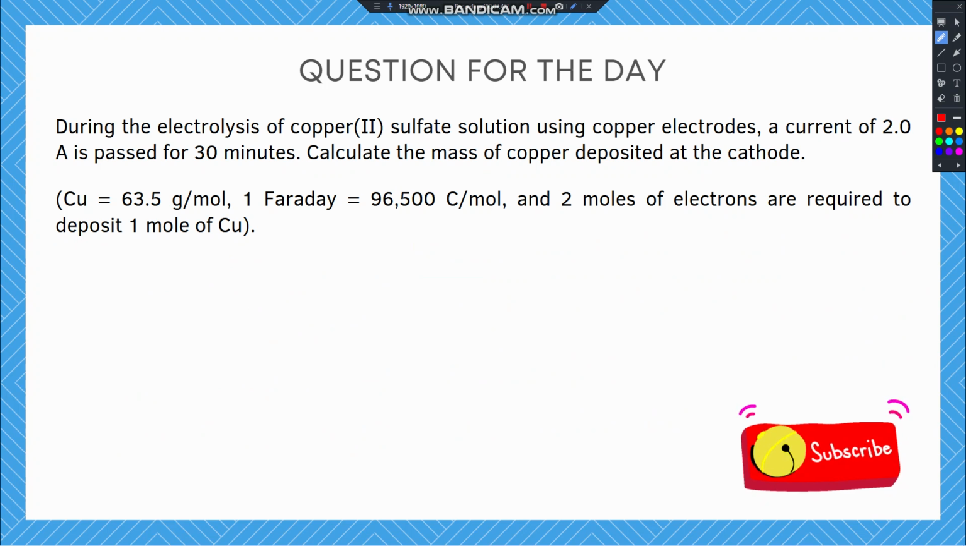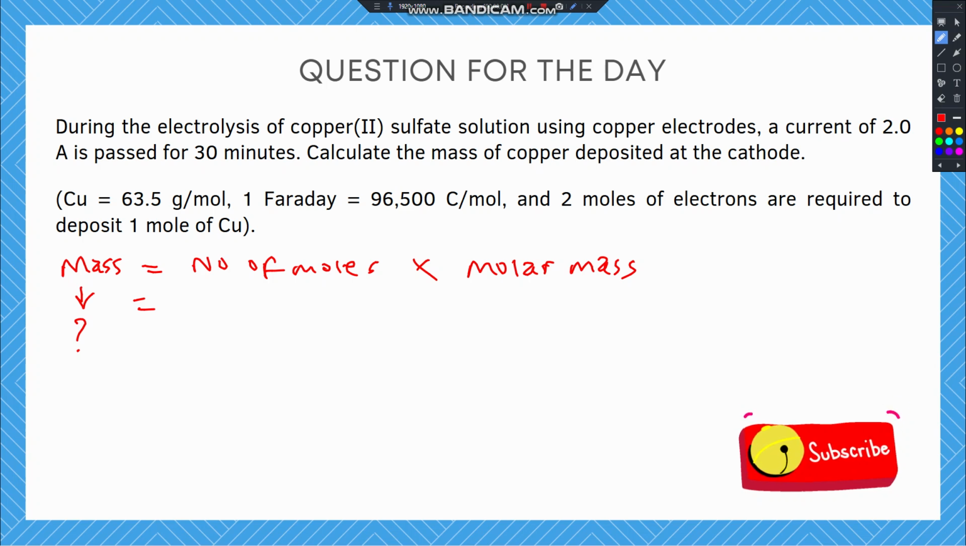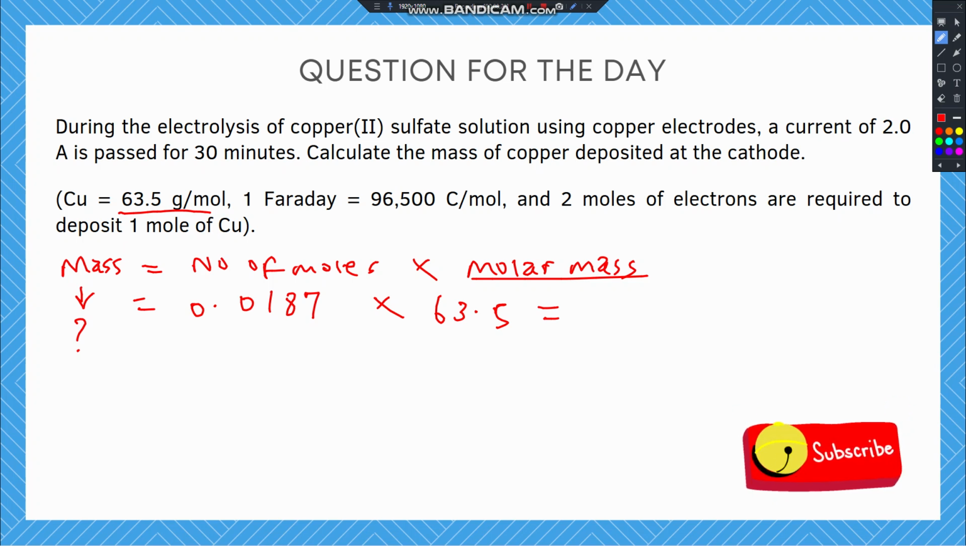Now we know that mass is equal to number of moles times the molar mass of a substance. We don't know what mass is because that's what we're looking for. Number of moles, we have calculated the number of moles of copper to be 0.0187, times the molar mass of copper, which is 63.5. So when we do this multiplication, 0.0187 multiplied by 63.5, what we end up having is 1.188 grams of copper produced. So we've gotten our final answer. The mass of copper deposited at the cathode is